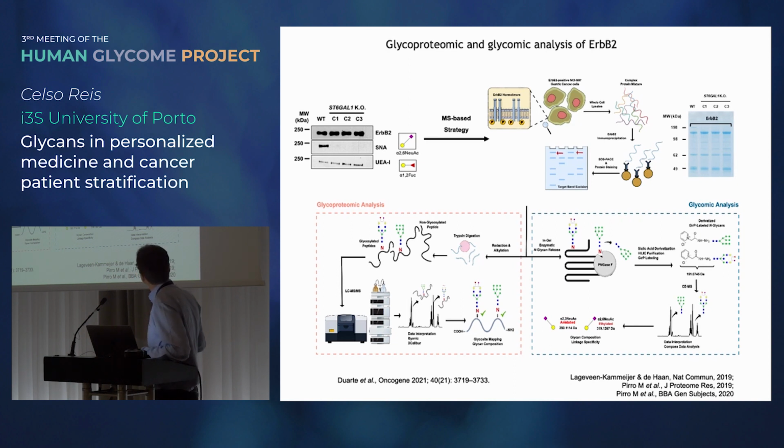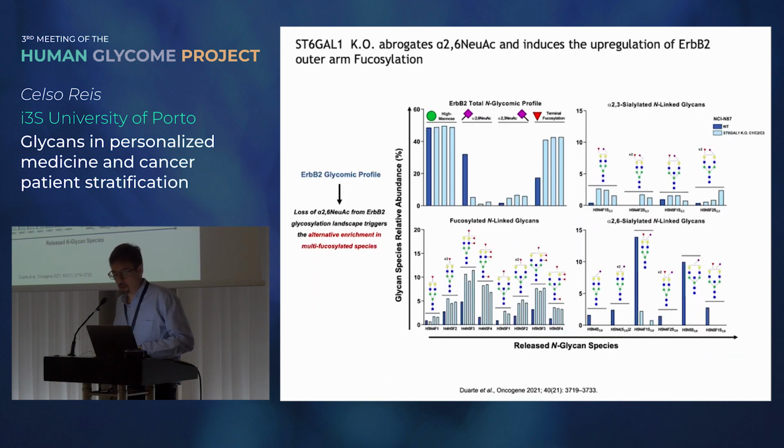And in the other protocol, you perform a removal of the glycans and label them chemically and do MS for the glycan characterization. And so, I don't have time to go into detail, but as expected, we have lower expression of alpha-2,6